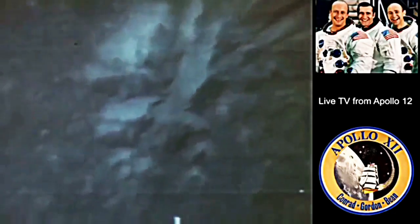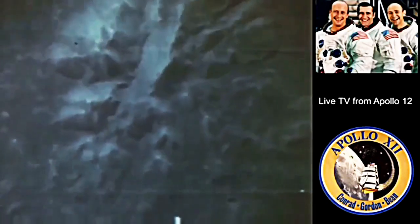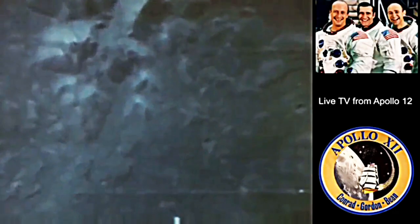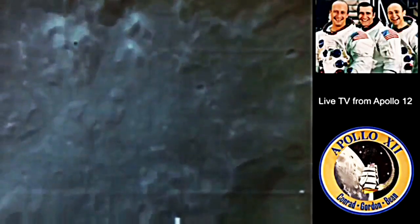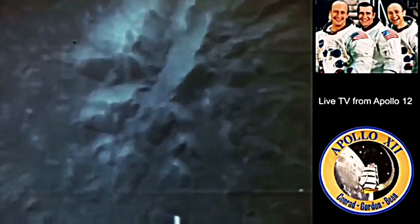Yeah, there's Theophilus. That one we were showing you a moment ago doesn't have a name, and it's interesting just behind that small one you were showing. There's sort of a whole streak of light-colored material that runs for hundreds of miles there. There's a different shape. Maybe just the elevation in that area. I don't know. Yeah, the central peaks. I'll use the binocular on it. Okay, and the central peaks in Theophilus. Roger, we got them good on the screen, and we saw that large white ray as you switched windows there. The peaks of Theophilus... Well, it's interesting if you look right on...